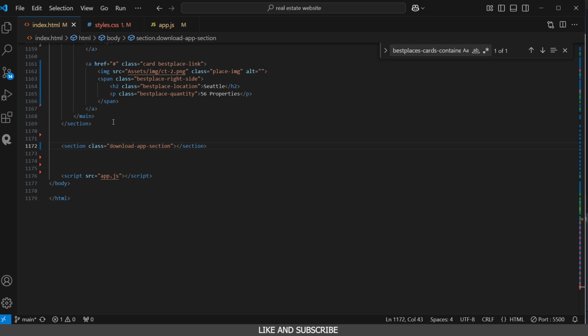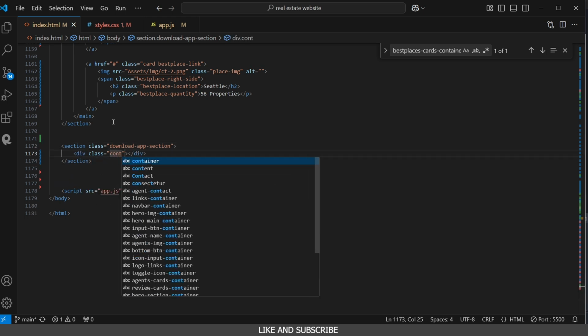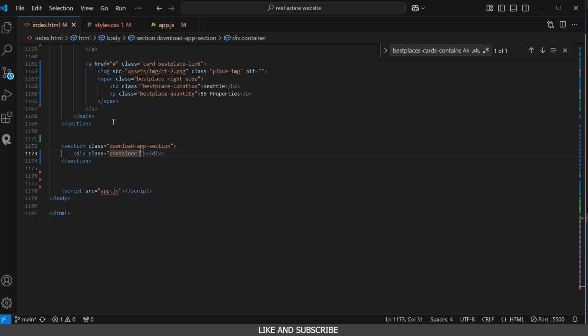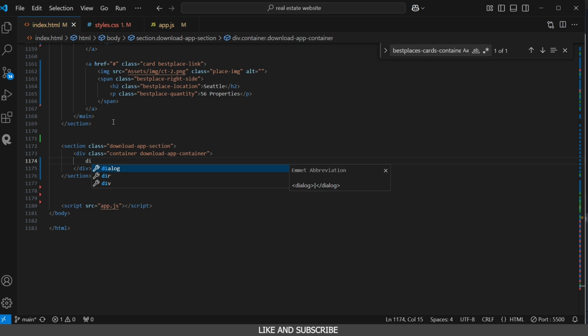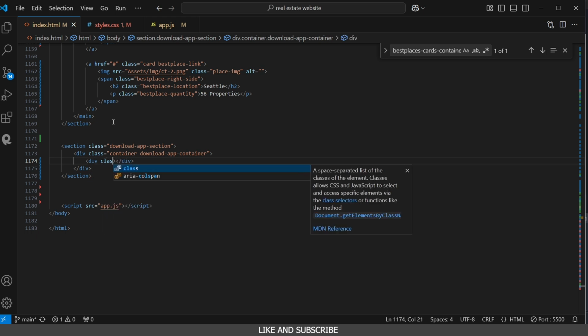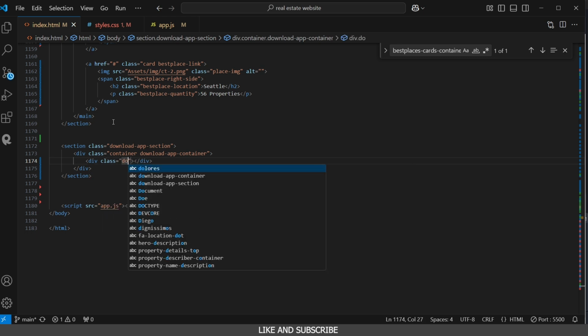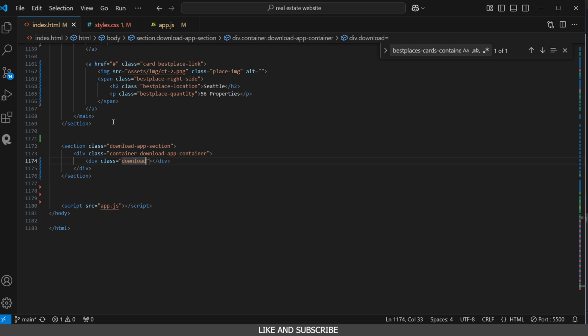Then in here, we're going to have a div which is going to have a container class, and it's going to also have a main class which is going to be download app container. Then after that, we need a div, and this div is going to have a class once more which is going to be download app left. That is the left side of our section, and it's going to have a header,